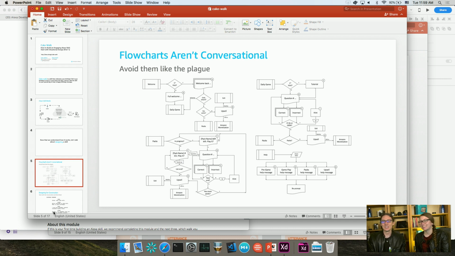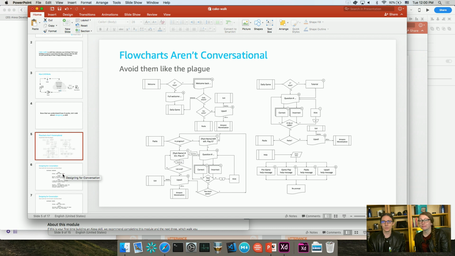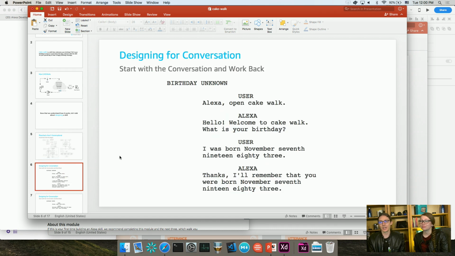All right. So what we want to do is, instead of focusing on flowcharts, which isn't very user-focused, it's not very customer-driven, you want to start with where it all begins, which is the interaction. So you want to start with the conversation. And so if you start with the conversation and work backward,